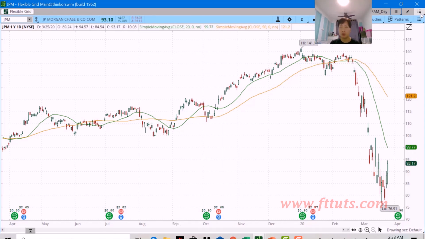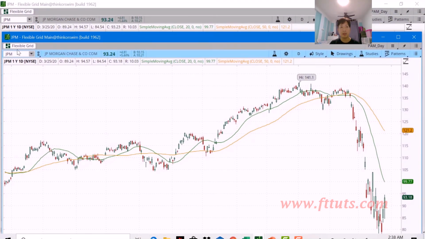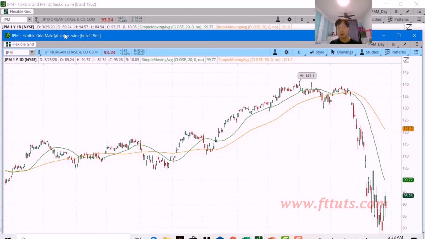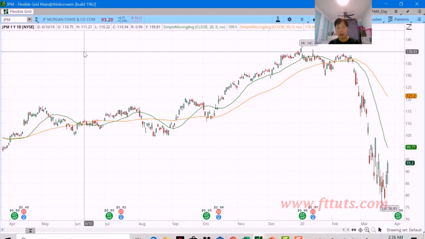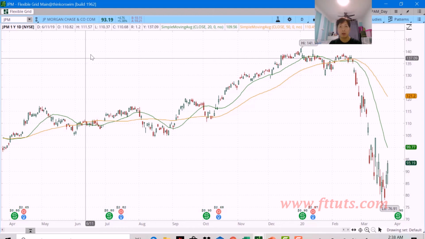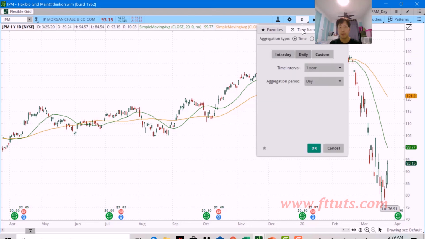Okay, so you can actually go to the top right corner again and photocopy this out. So I create another same window out, or photocopy another new window out, but this time around using the same settings, I'm going to change the time frame. So how do you change the time frame? You can go to the top right hand corner here, time frame setup. You can click this, go to time frame, daily, 1 year 2 days. Okay,